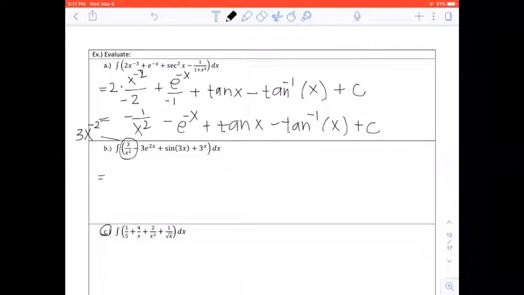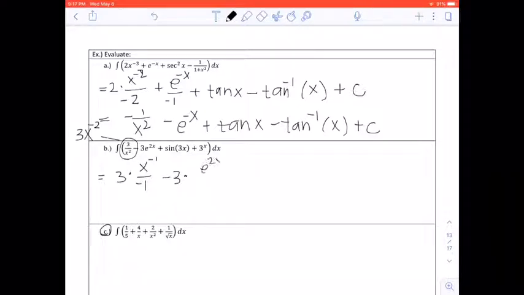So doing it that way, we're going to have 3 times x, adding 1 to your exponent, it's going to be negative 1, over that same value, negative 1. And then it's minus 3 times e to the 2x. Instead of times 2, it's dividing by 2 since it's the antiderivative. Plus,